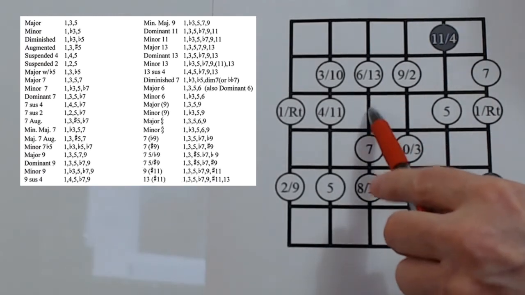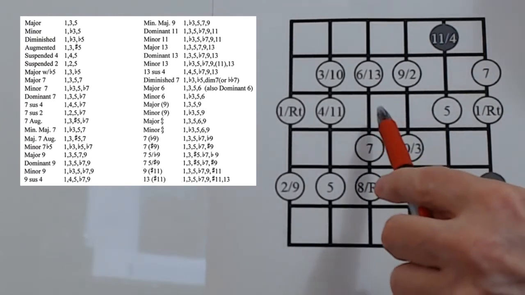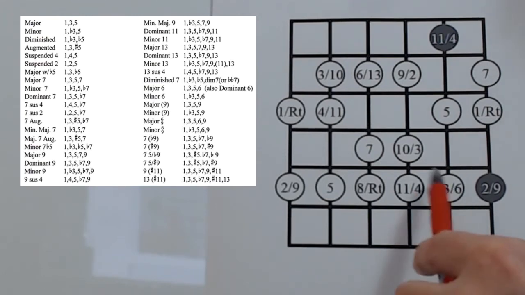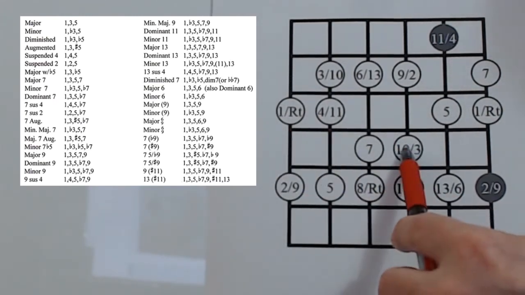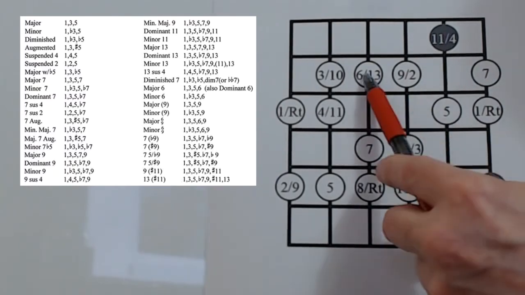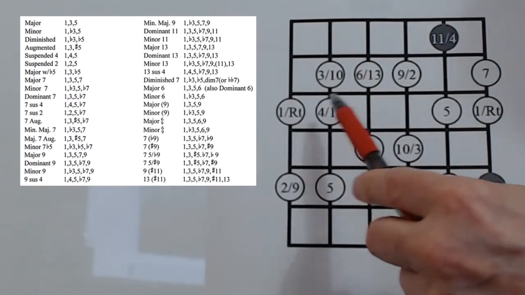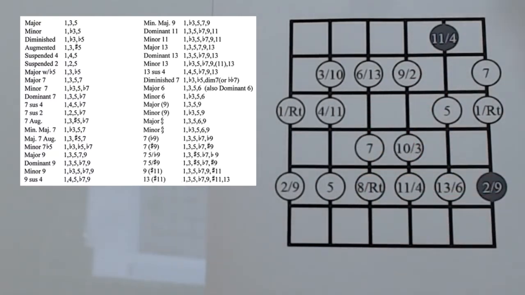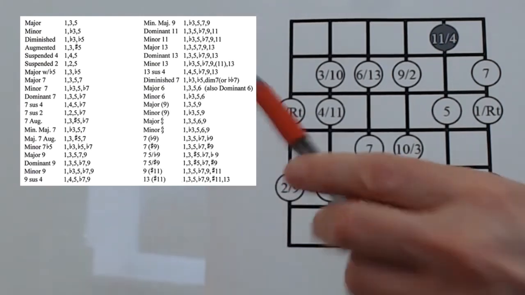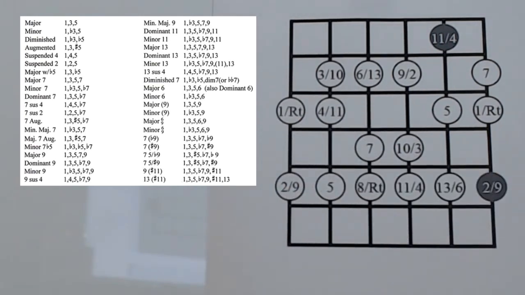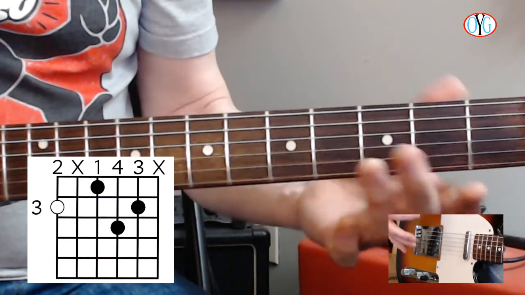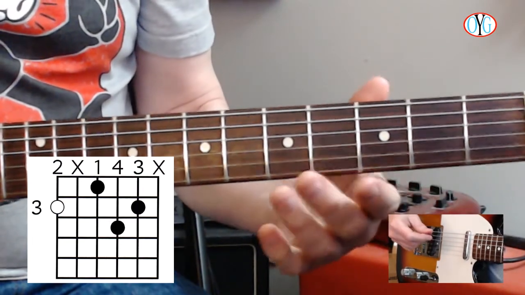Now, if we get rid of this 7 by just lifting the finger a little so it's dead, then this takes on the role of a 6. But there's another way to play it as well. We got the 1, we got a 3, we got a 5. Let's add this 6 and just play these 4 notes. Let me show you both ways to play the dominant 6 rooted on the 6th string. All right, so now the major 6, as we laid out, we're going to use this one,